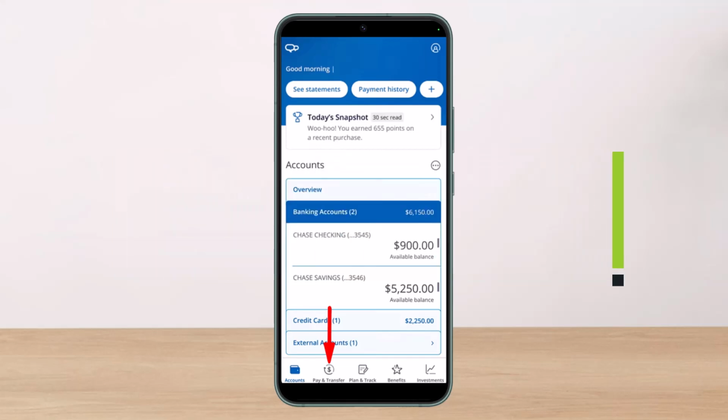In this guide video, I'll show you how you can send money in Zelle using the